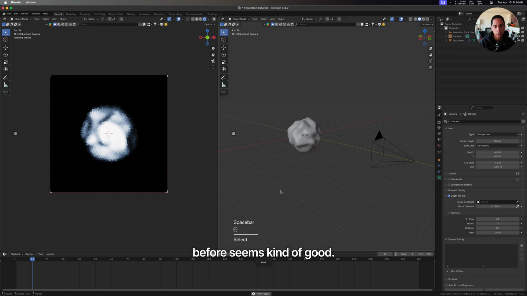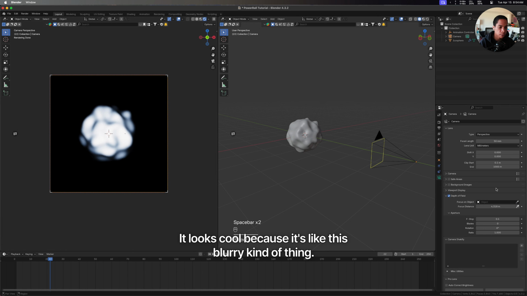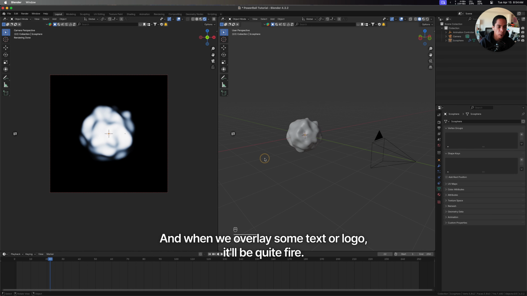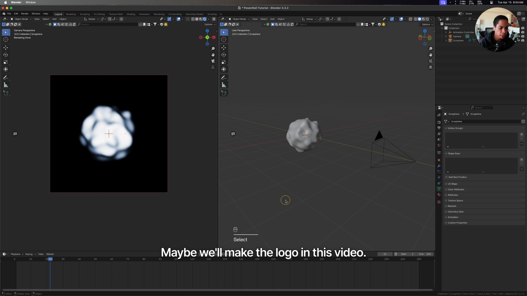so you can see 4 seems kind of good, and it looks cool because it's this blurry kind of thing, and when we overlay some text or logo, it'll be quite fire. Maybe we'll make the logo in this video, I don't know. So okay,